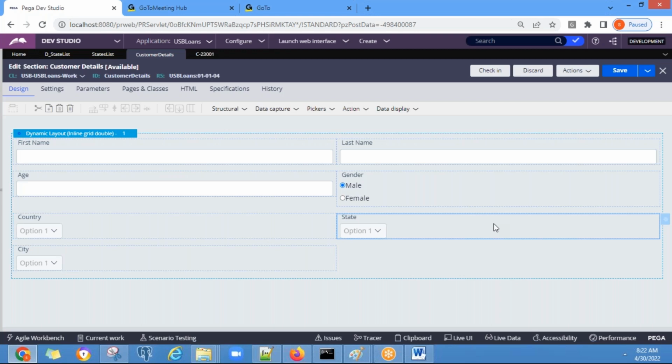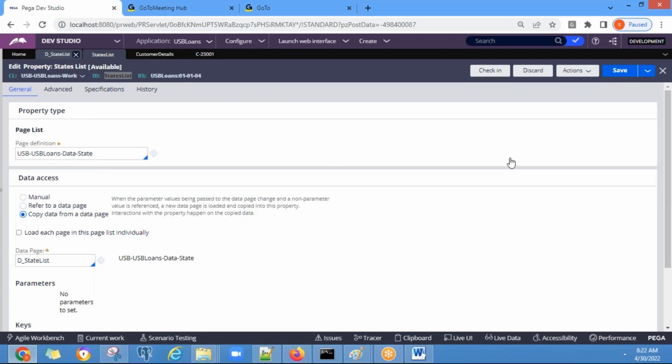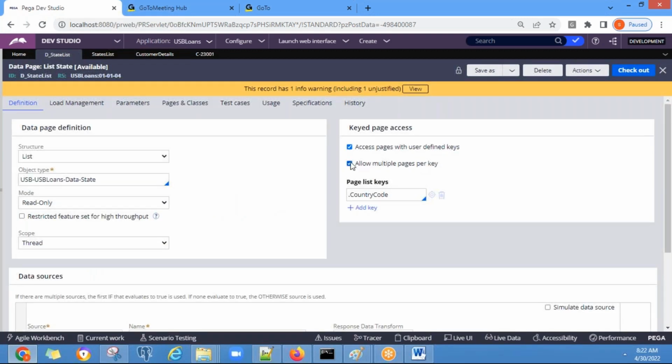So having the key data pages, we can use the data page as a list data page to display all the countries and also as a page data page. So whenever you select the country, it will populate the corresponding language and the population. Okay. So in that case, how do we achieve this? The same as this one, but we should not allow multiple pages per key, because we need only one page. Obviously, one country